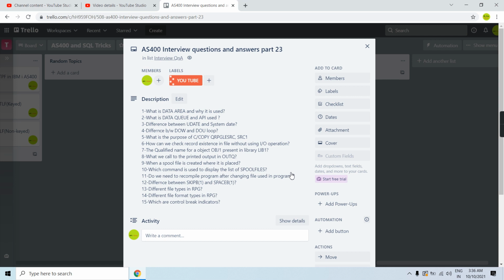That's why we need to recompile: once we change the file the level identifier gets changed, and the earlier level identifier associated with the file is now changed in the file, but that's not reflected in the program in which that file is declared. So we must recompile the programs in case any of the files get changed.